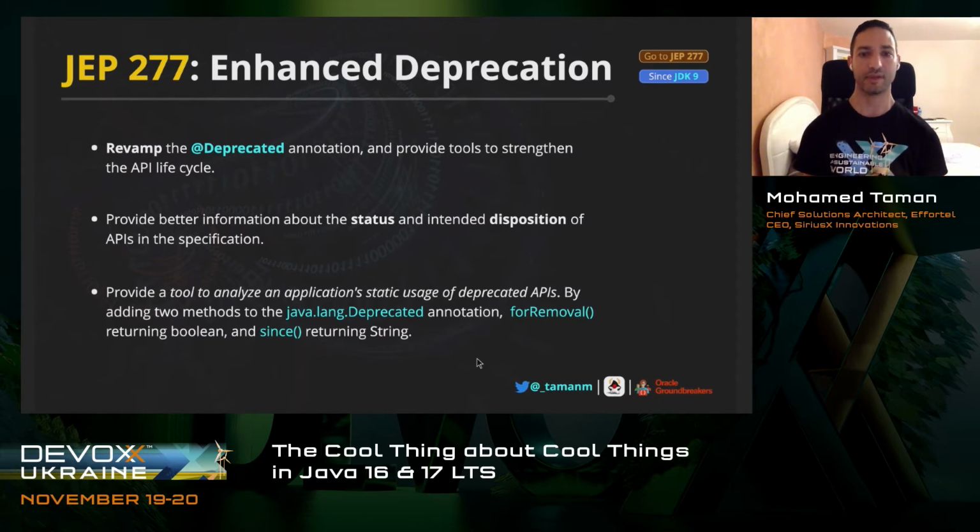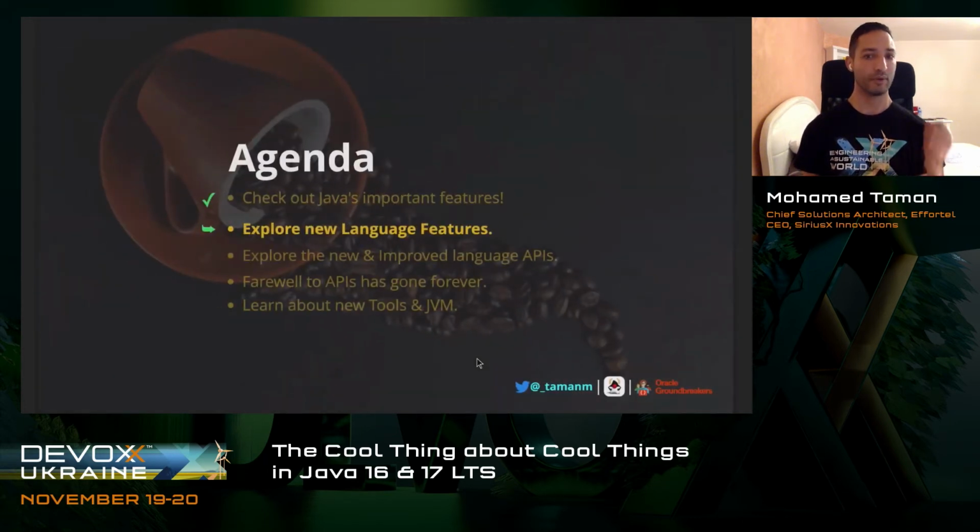So those are the most important features of the language that we are adopting in order to get feedback and show you what we are working on, so you can try it in your lab and train your team, and get all the information about the features ahead. So now let's go and explore the new language features,